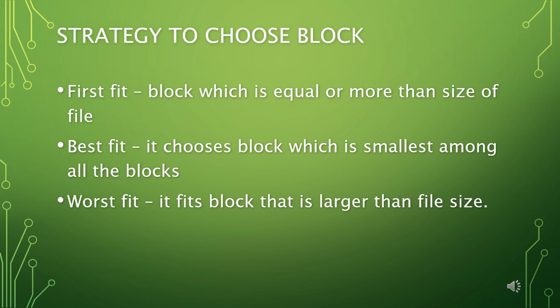The next one is best fit. This method needs the list of free holes to be sorted according to their size. Then the smallest hole that is large enough for the process to accommodate is selected from the list of free holes. This strategy reduces the wastage of memory, as it does not allocate a hole of larger size which leaves some amount of memory even after the process accommodates the space.